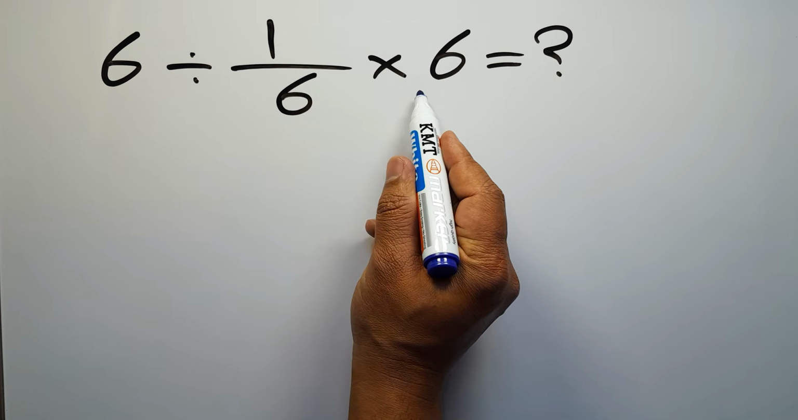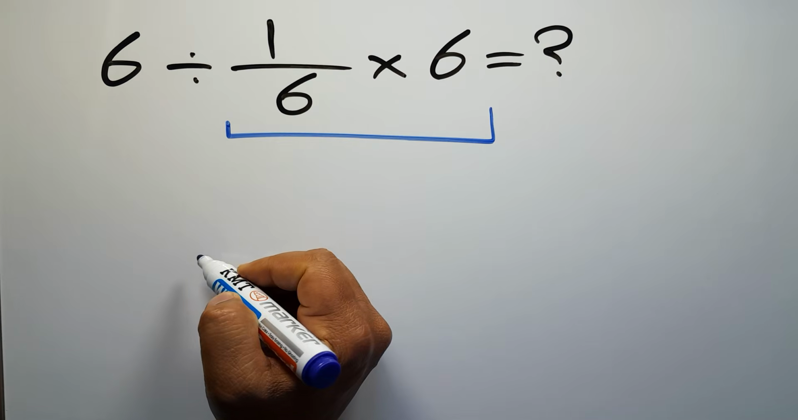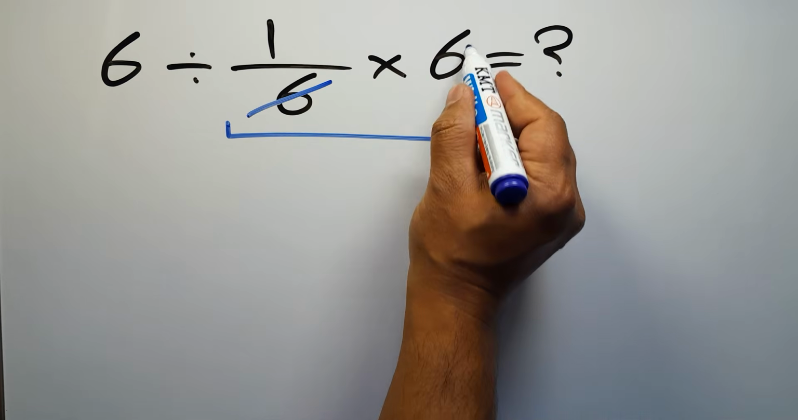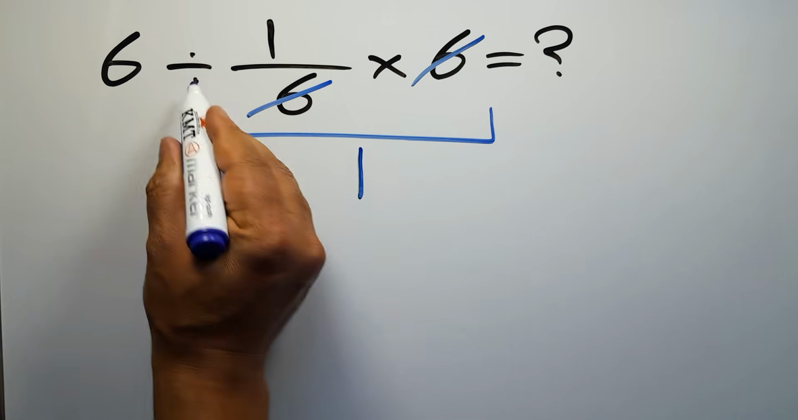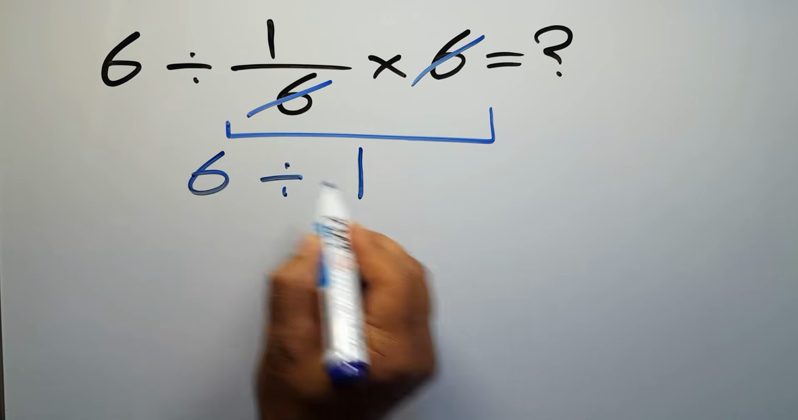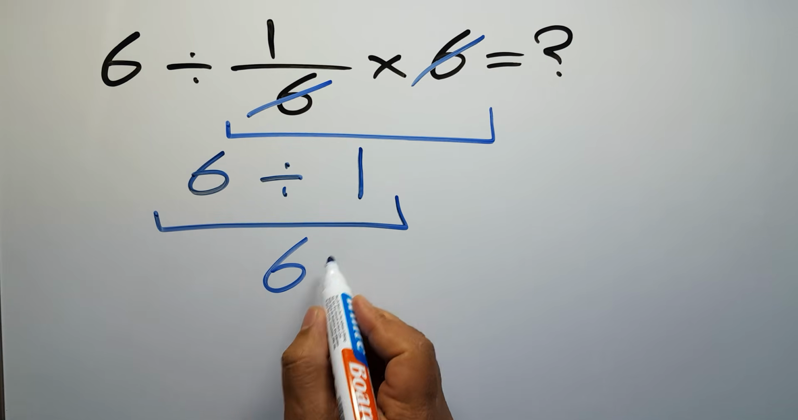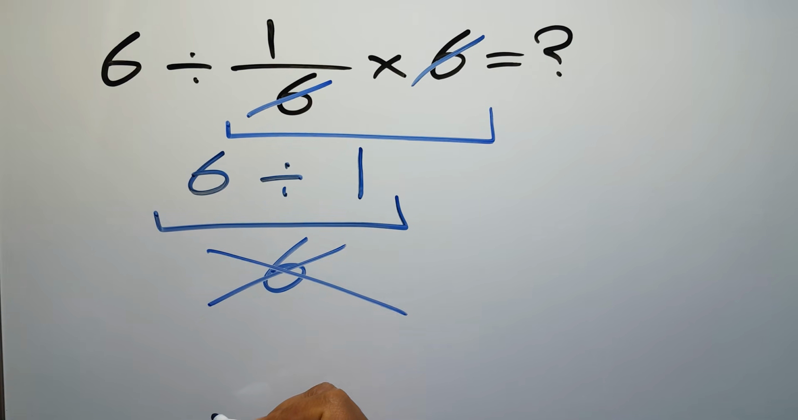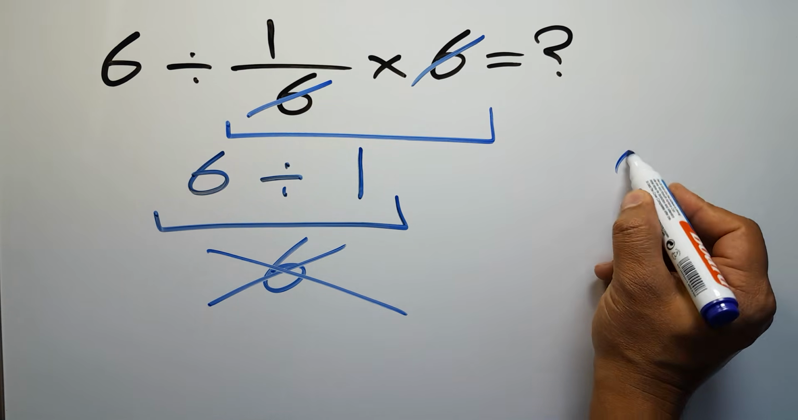First we do this multiplication, 1 over 6 times 6. We can easily cancel this 6 and this 6. So here we have just 1, and 6 divided by 1 equals 6. But this answer is not correct because according to the order of operations, multiplication and division have equal